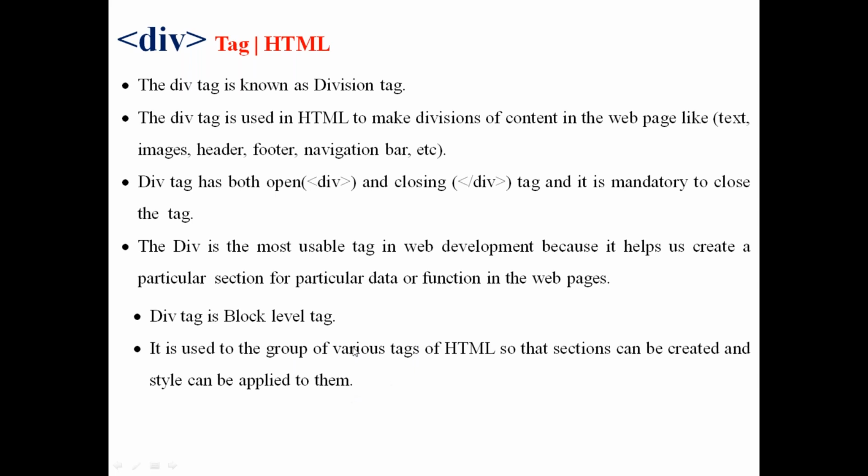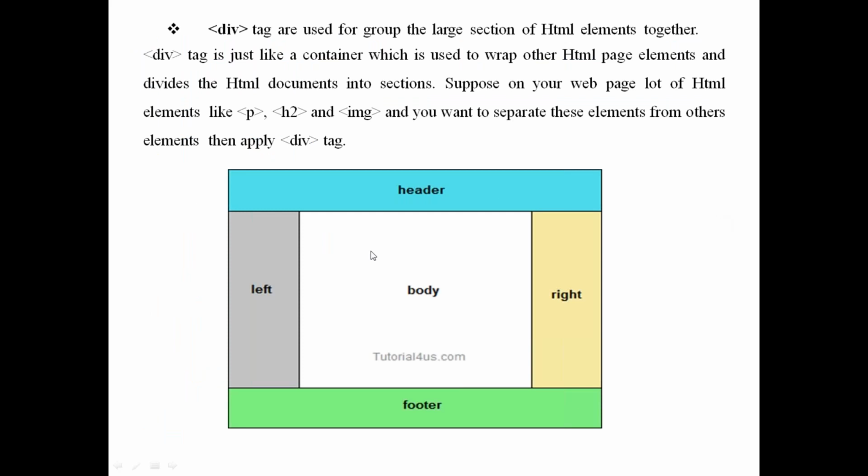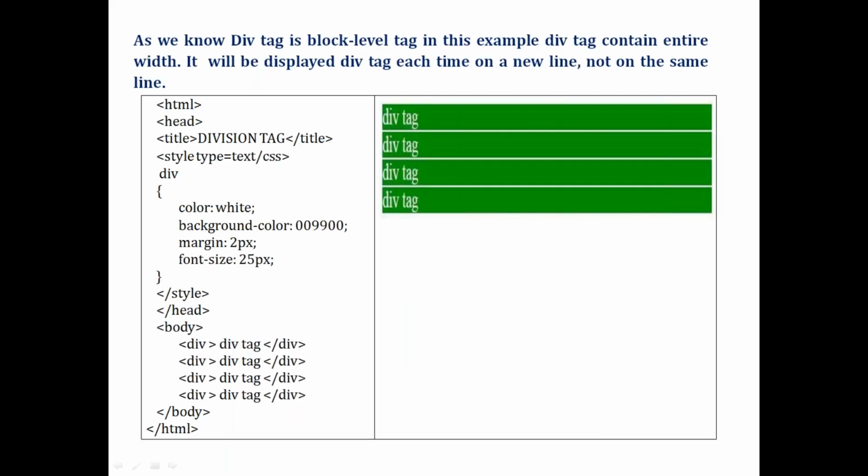Why are you using the various tags? Suppose in the header section you are grouping elements like buttons: button 1, button 2, button 3, button 4. Those buttons have the same color, same background color, and same borders. They are grouped in one division tag. This one division 1, division 2, division 3, division 4, division 5, like this. This is an example of how you write the divisions and how it is a block level tag.